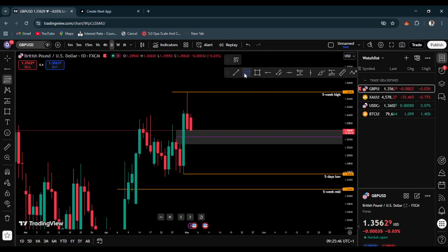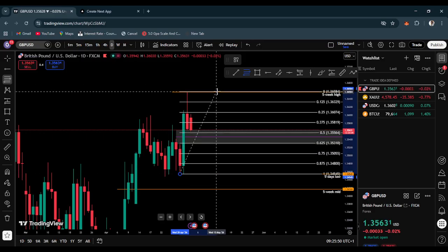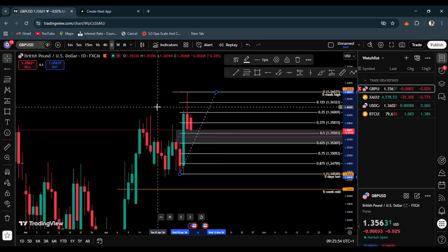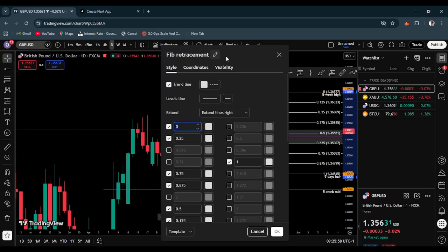And then the next thing also is we can get the midpoint of the last 5 days. Just try and get the midpoint for the last 5 days. So if we do this, and